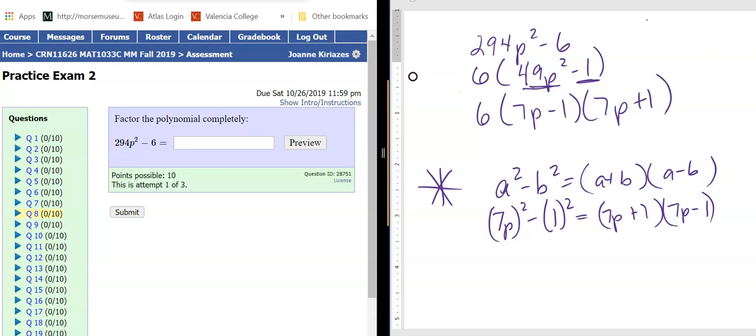Now, some little warnings of things I do. If I did this problem and I were on